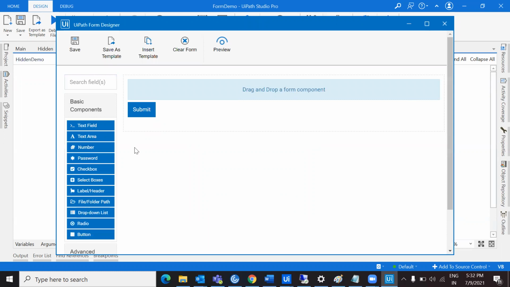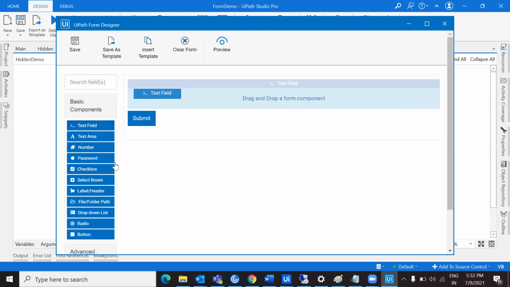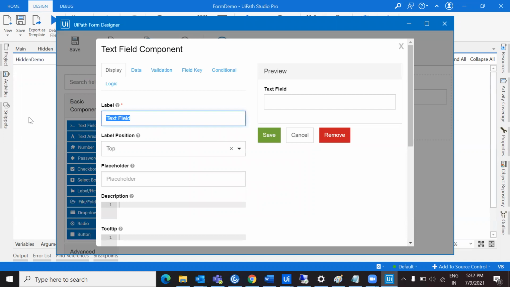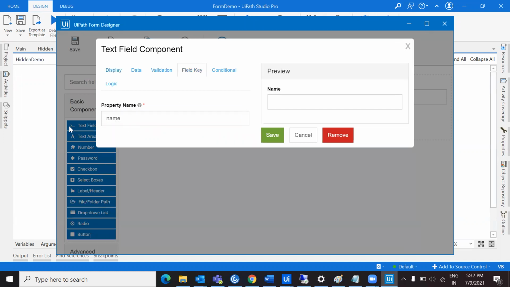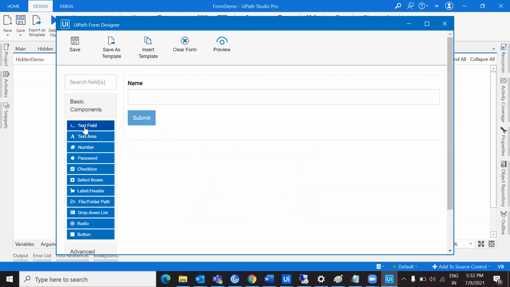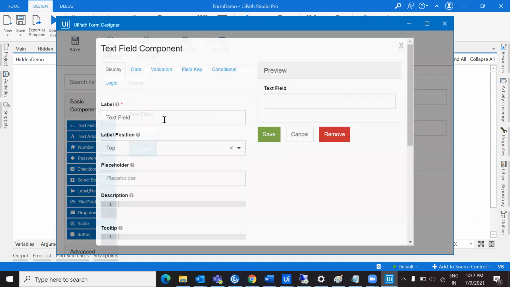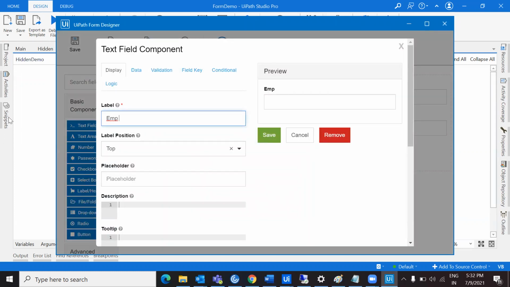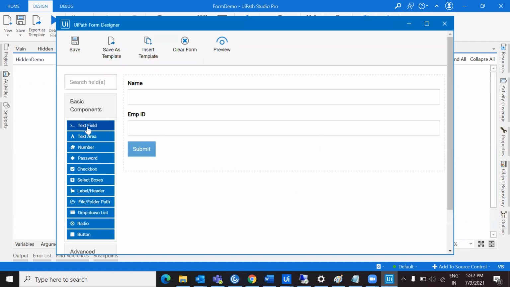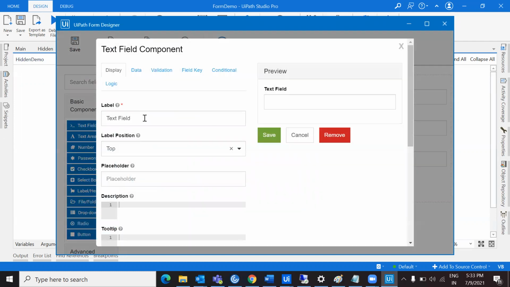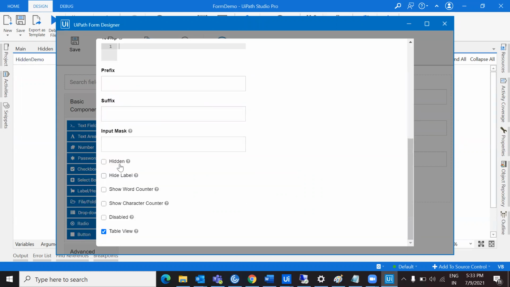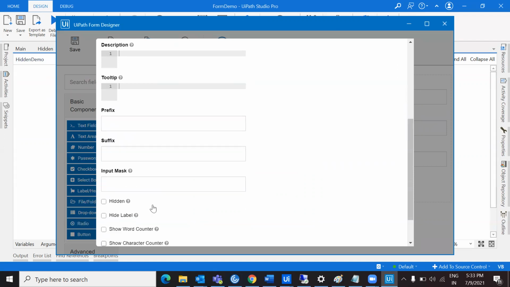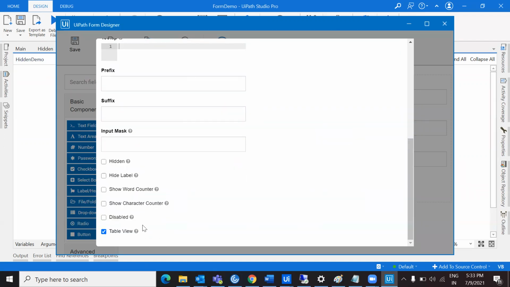And then here you have to drop in the components, like the text field. First, I wanted to give in the name, and then you have a property name, and then you have to provide in the employee ID, and there comes the password. If you wanted to hide the password, you can really do that. You can have an option called mask,